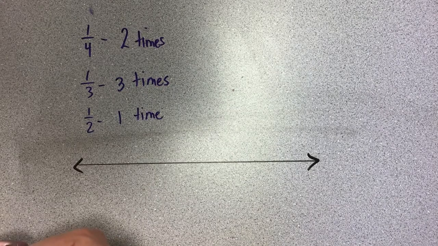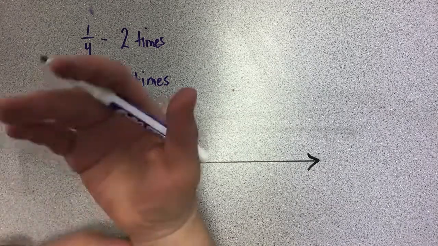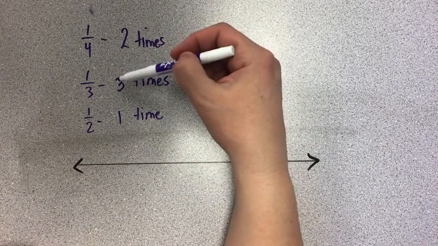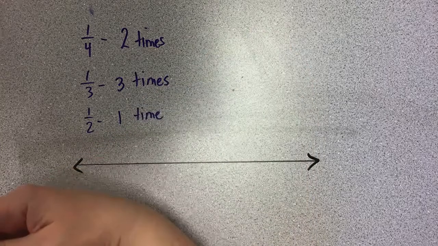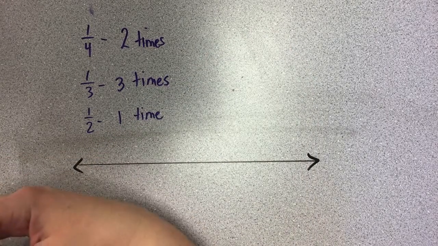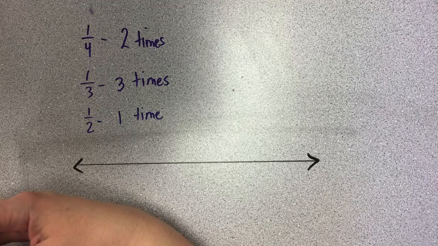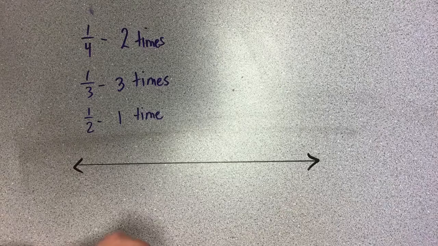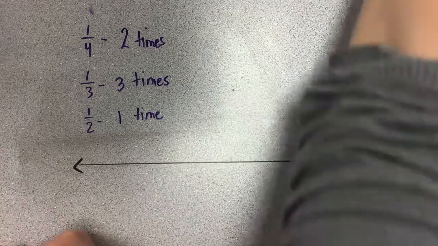But so you're looking at the friends. So how many total friends are there? So there are 1, 2, 3, 4, 5, 6. And if you look at the table, you can count there are 6 fractions inside that table. So that means there are 6 friends. And those are the sizes that each of them ate. So what you do when you're creating this line plot, let me erase this,